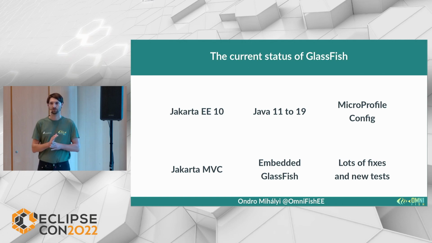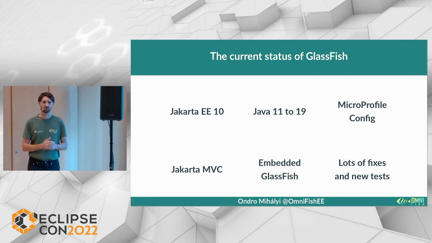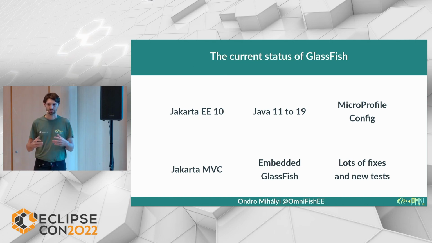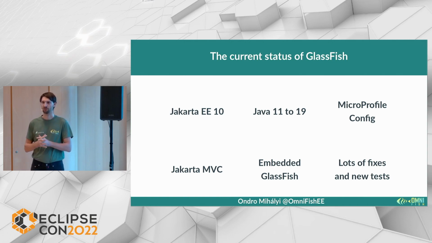Well, what is more interesting is the current status. If you don't follow what's happening with GlassFish, it's no longer just a reference implementation, which it used to be when Oracle basically stopped supporting it. GlassFish was a project that was there just to certify that Jakarta EE can be released and can be implemented. But now it's supported by multiple companies. There's an active team behind it.